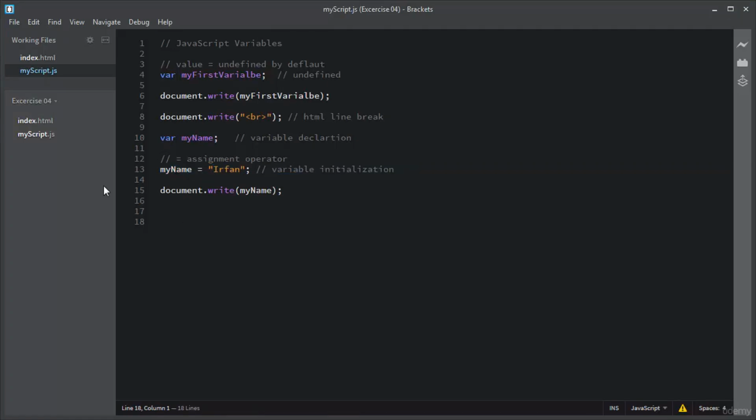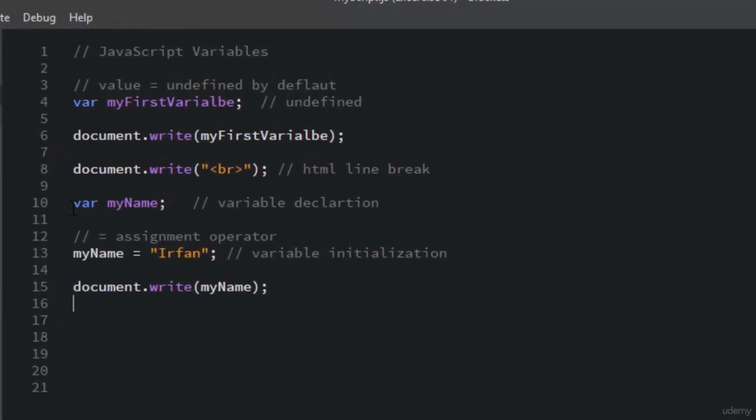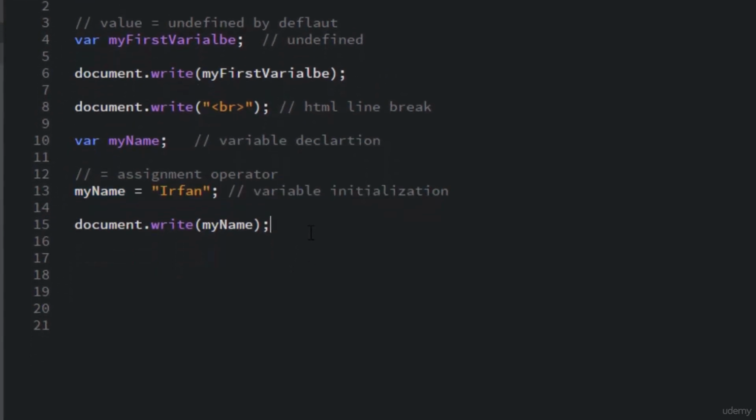You can save any type of data type, like this can be numeric, this can be boolean, or this can be string. So by this way you declare and initialize value for a variable. There is another way to declare and initialize a variable using a single line statement. Instead of writing these two lines, the variable declaration and the variable initialization, you can combine these two lines in